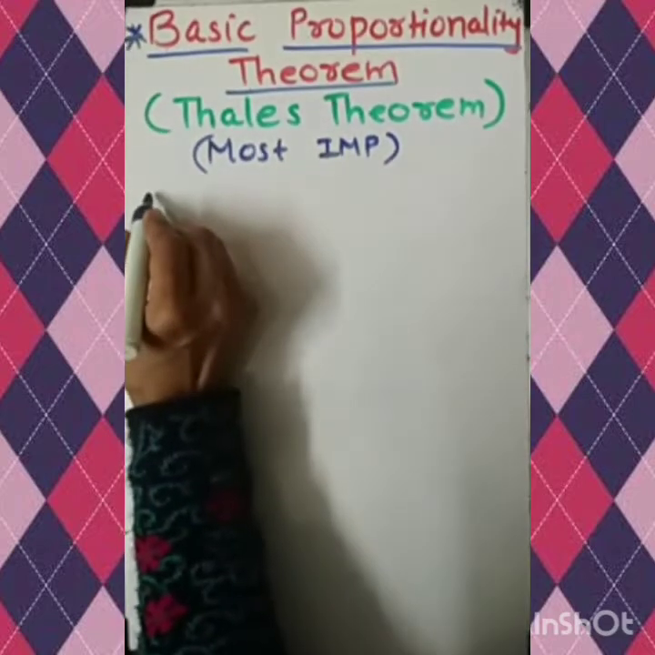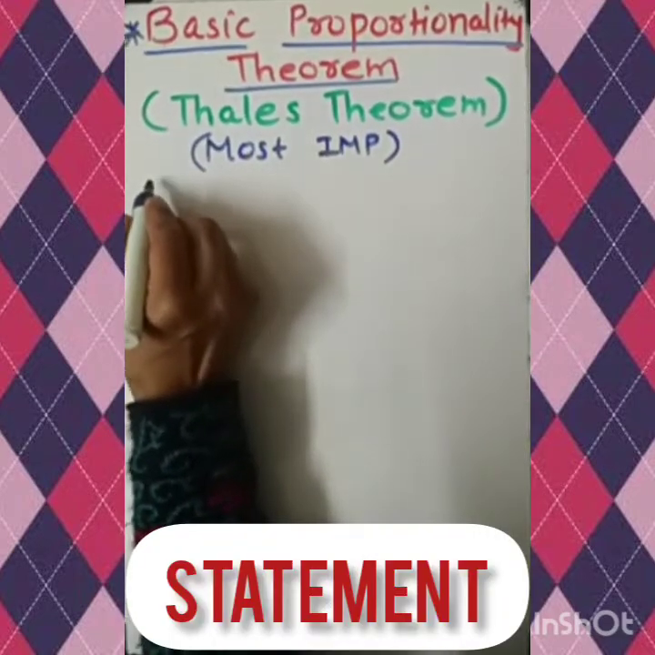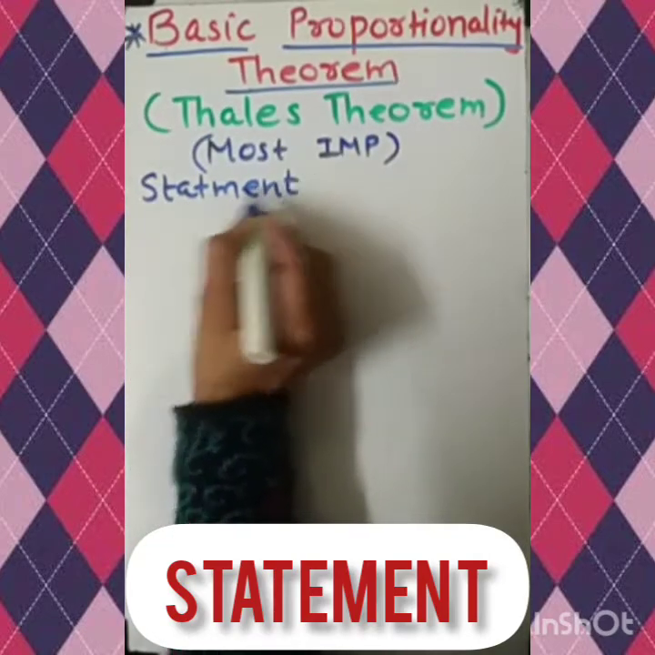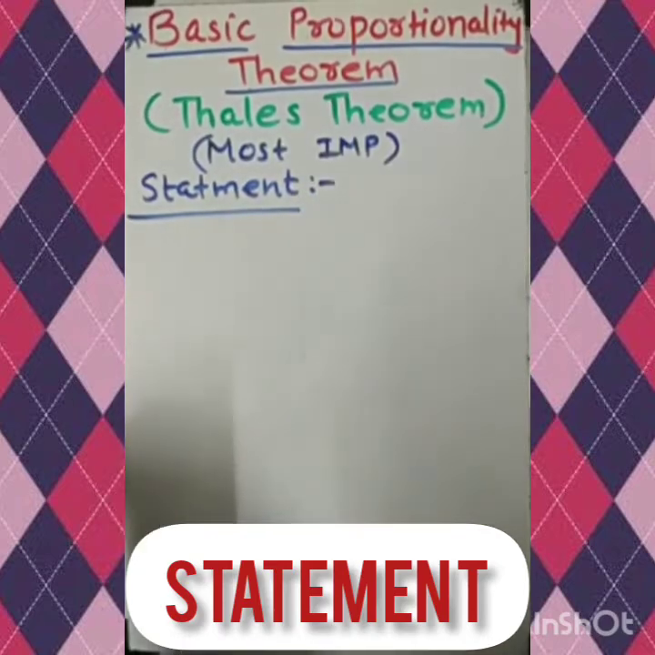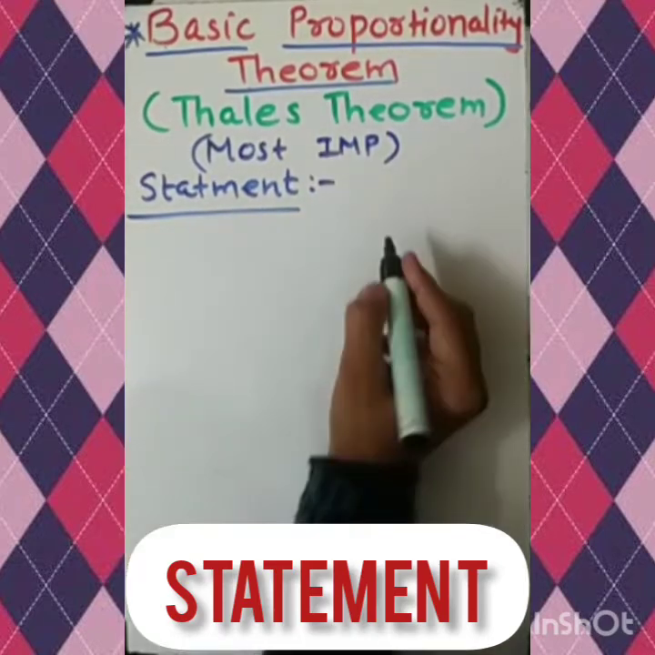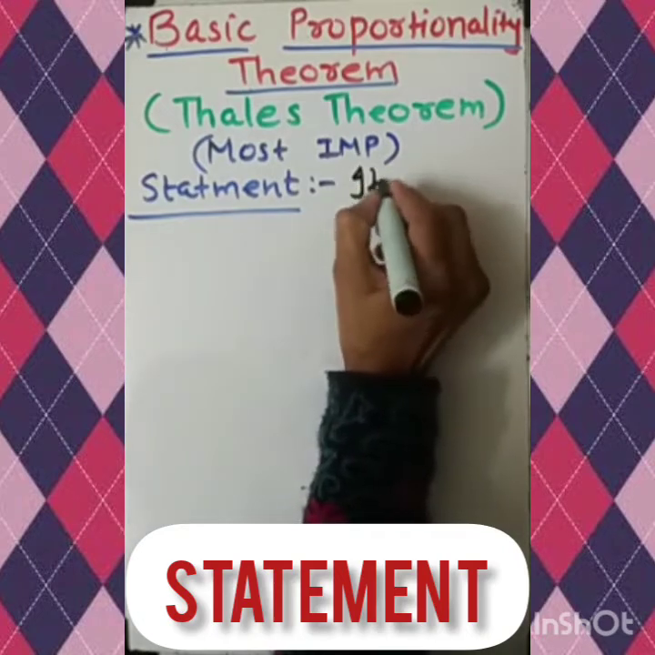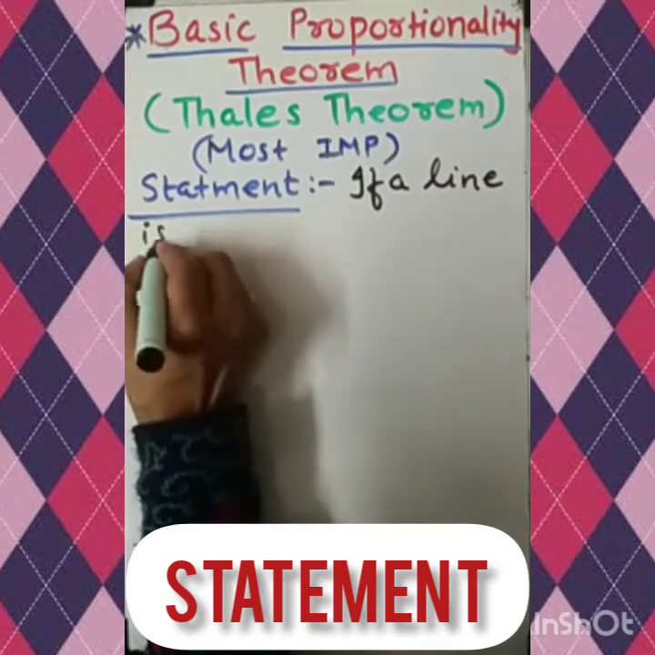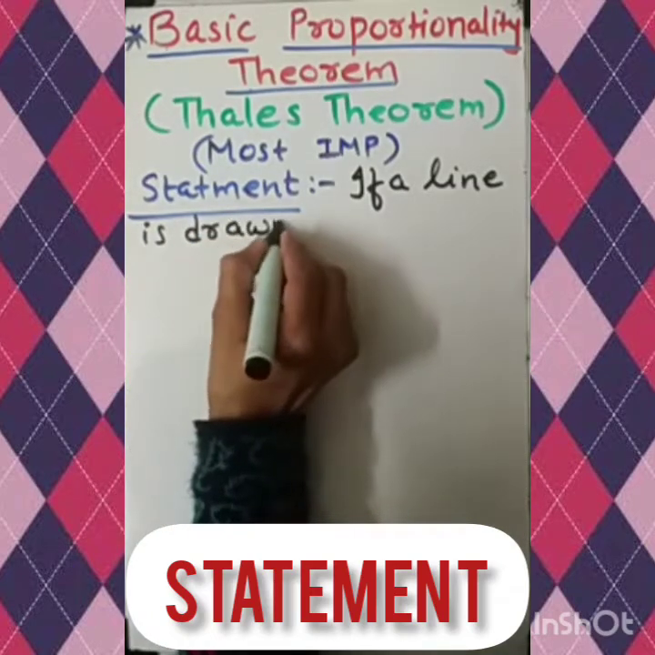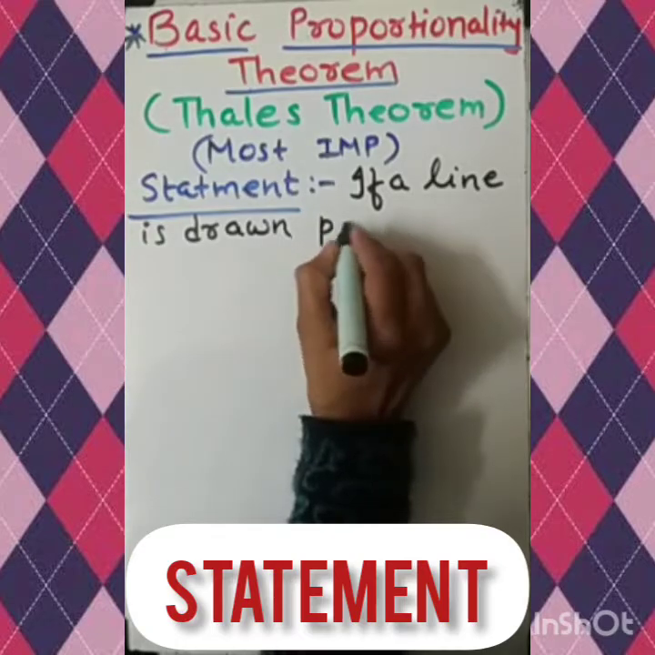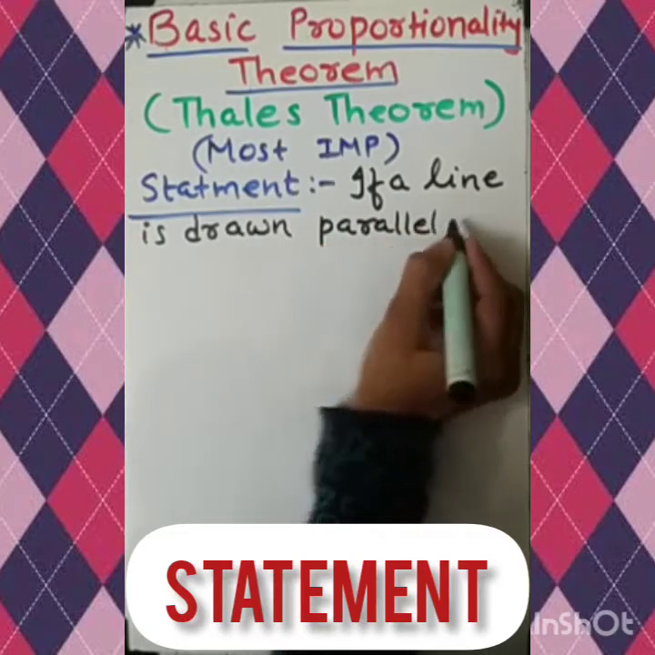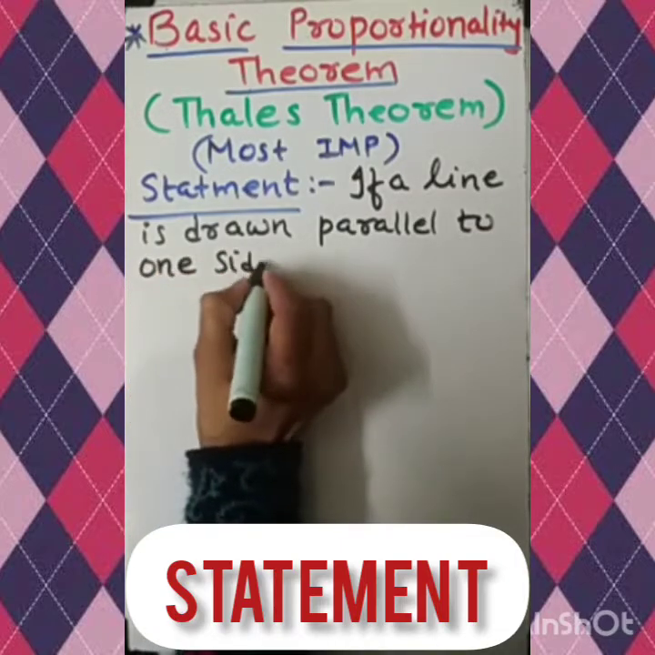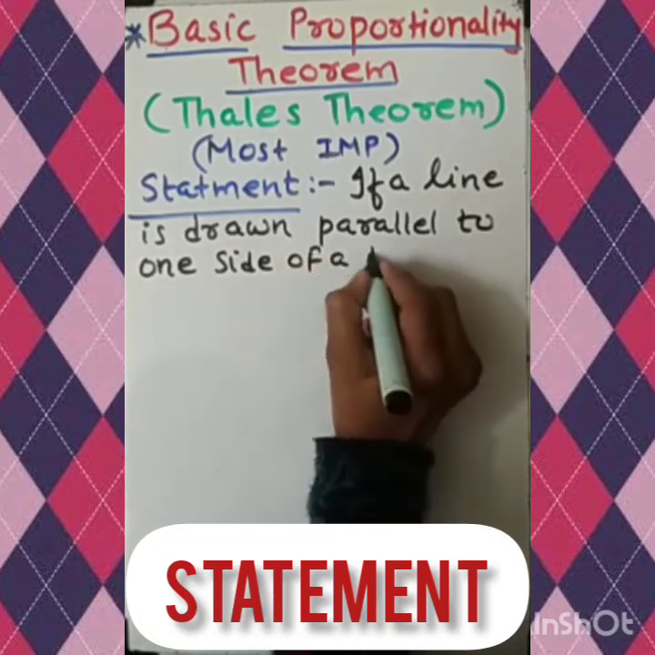First of all, I am writing the statement of the theorem. Please learn by heart along with me and note down in your register. The statement of this theorem is: if a line is drawn, very easy and very simple, parallel to one side of a triangle,